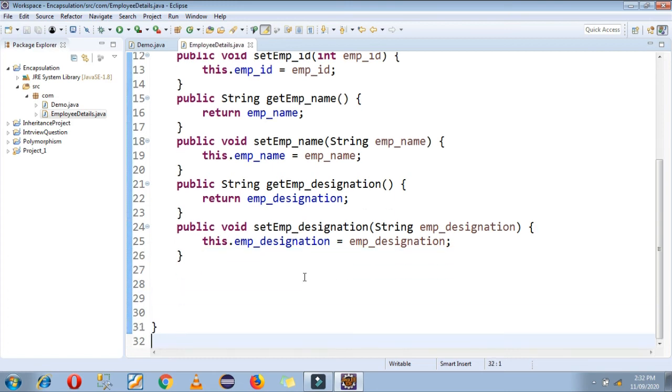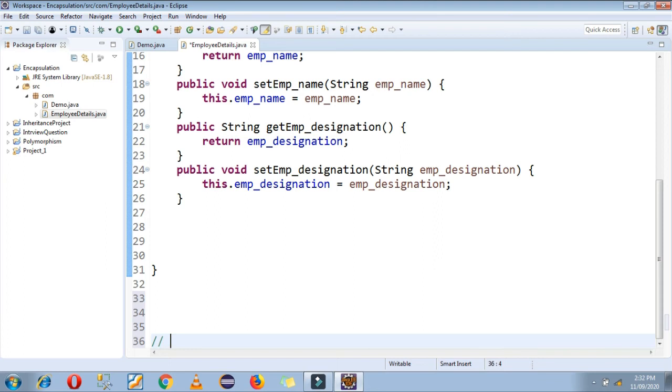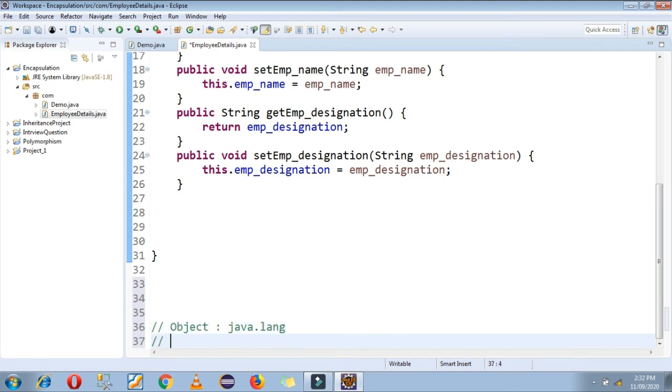Now as I said, there is one super class in Java, that is the Object. Object is a super class in Java which belongs to java.lang package, and it has some functions. We learned about one function in the last tutorial, that is the getClass function, which is used to find out the class name of a particular object.